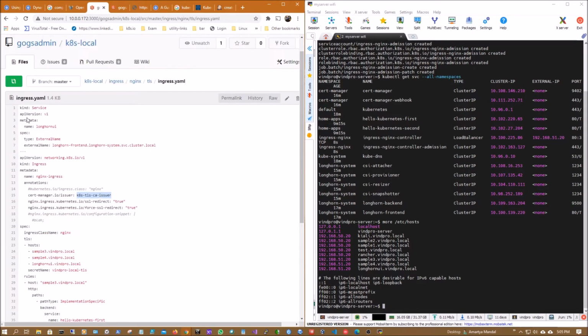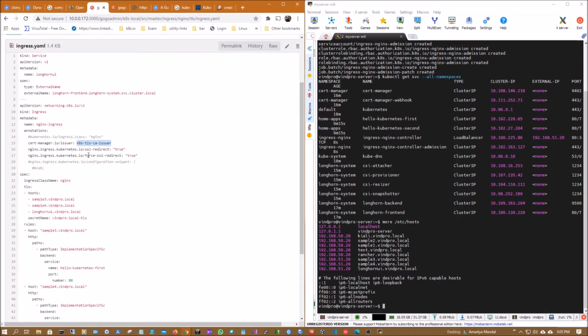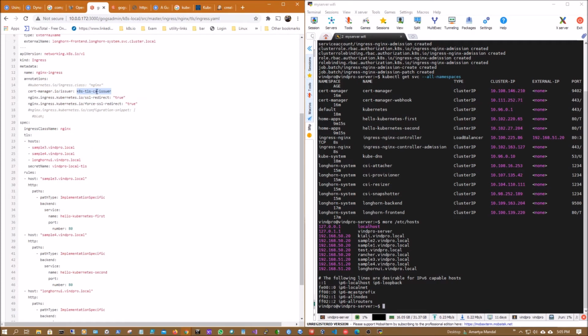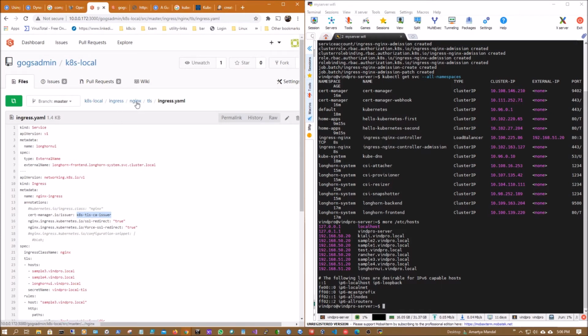So the ingress will try to get a certificate by this issuer. Now, the issuer will issue the certificate based on this host name, right? Now, how do I create this? So then I need to create this issuer first, right? So to create this issuer, let's go to